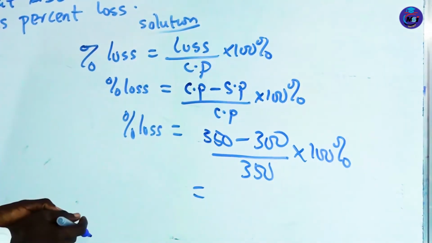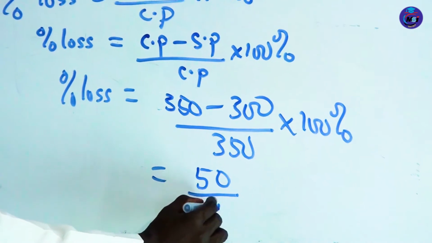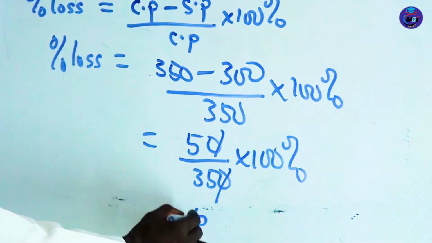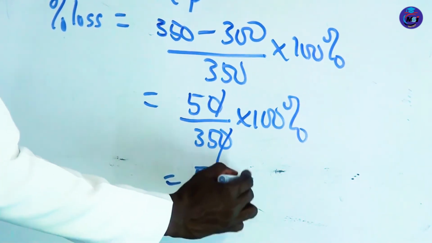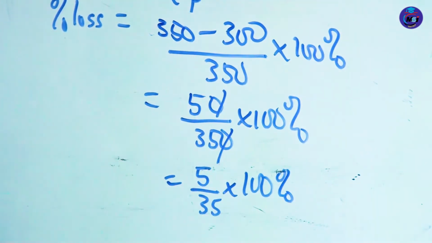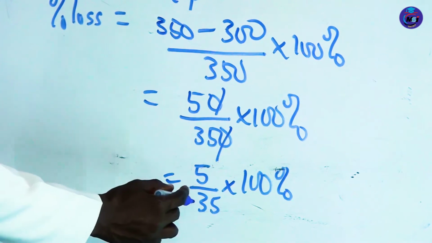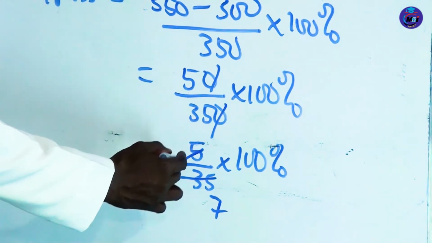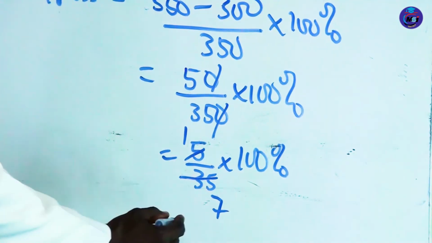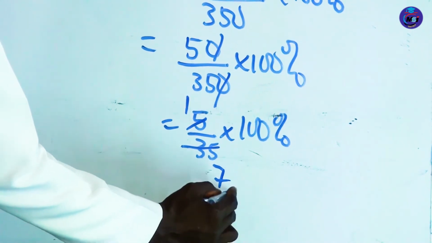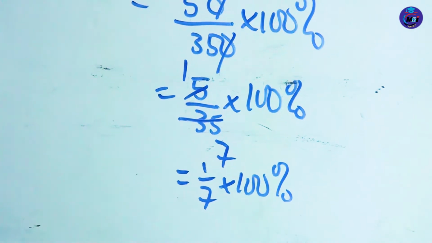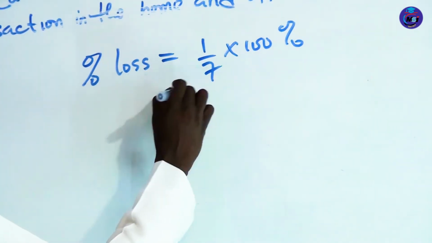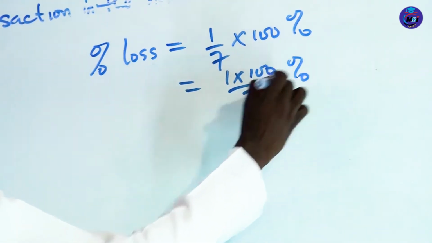Okay, 350 minus 300 will give us 50 divided by 350 multiplied by 100%. 0, we cancel this. We are left with 5 over 35 times 100%. Okay, now we can still cut this. 5 here, we have 7 here. 5 here, we have 1. This will give us 1 over 7 times 100%. Are you following? It will be 1 over 7 times 100%. 1 times 100 over 7, which will give us 100 over